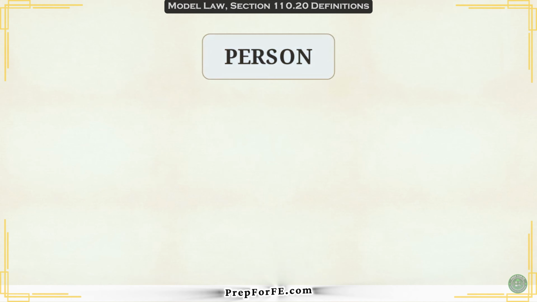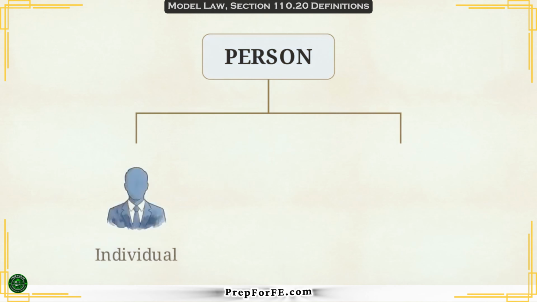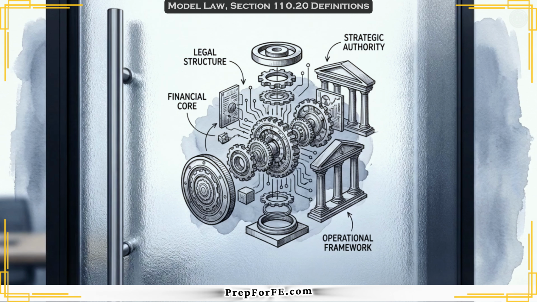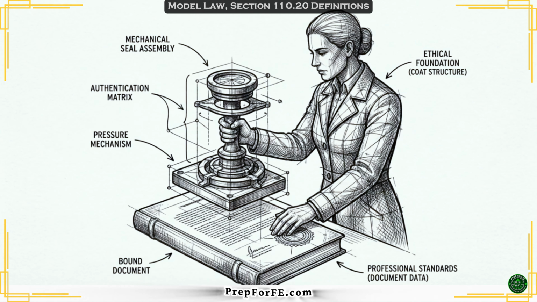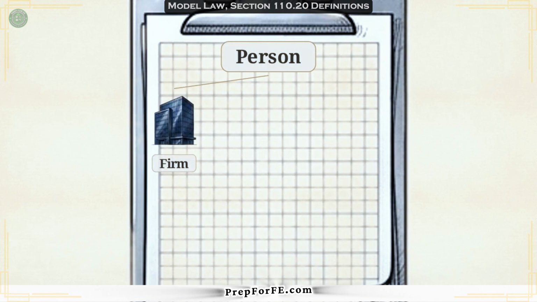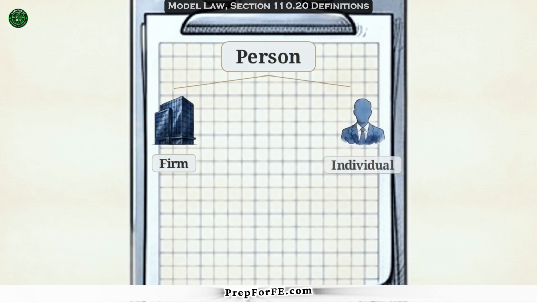The base unit of this entire legal framework is the person, which the board defines as either an individual or a firm. A firm refers to any form of business or entity other than an individual operating as a sole proprietorship under their own name. Because a firm is an abstract entity, the law requires the designation of a managing agent, a specifically licensed individual tasked with ensuring legal compliance for the entire company. This structure ensures that every person defined by the board, whether a large corporation or a small firm, is ultimately tied back to a licensed individual responsible for its actions.